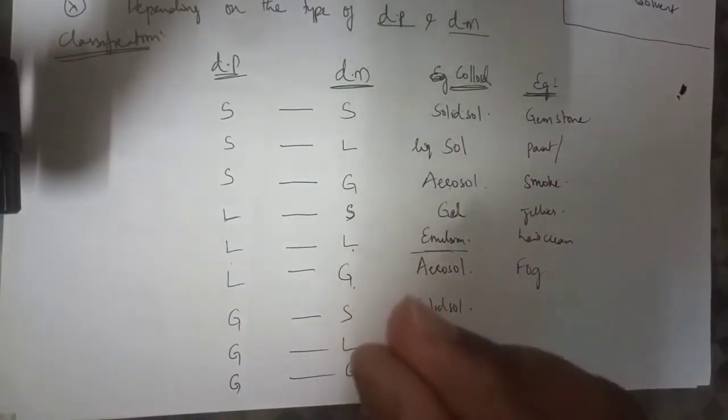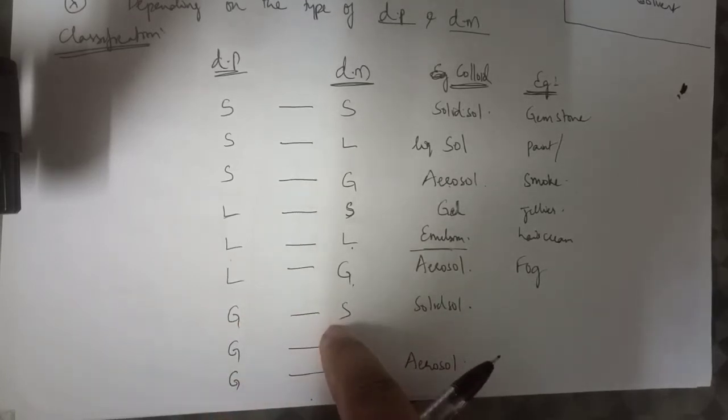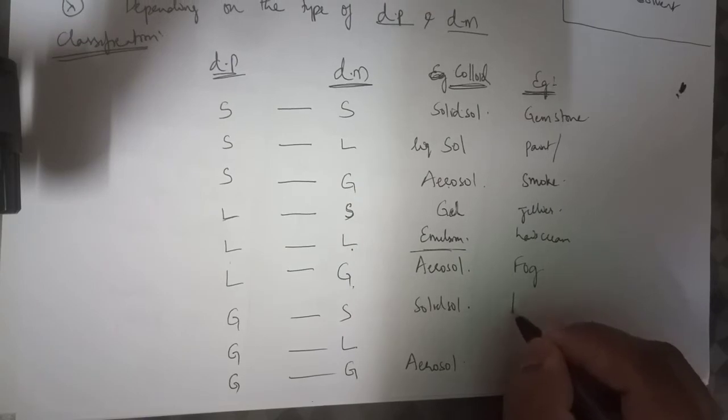Then gas in solid is again solids. And the best example for this is the pumice stone. Girls, you might be using the pumice stone for cleaning your foot, right? So pumice stone is one, or even the foam rubbers, for mobiles or for apples. Apples are surrounded by a white layer of spongy thing, right? That is actually foam rubber. So in that, what is happening? The gas is dissolved in the solid state. The gas is dissolved in the solid, that is called foam rubber.